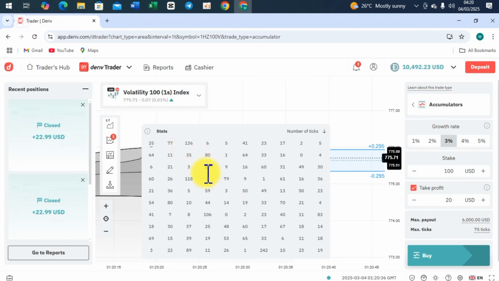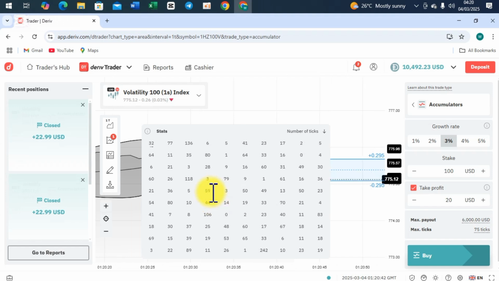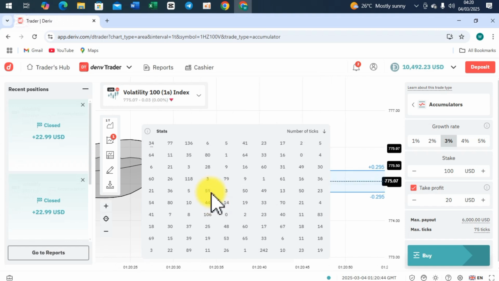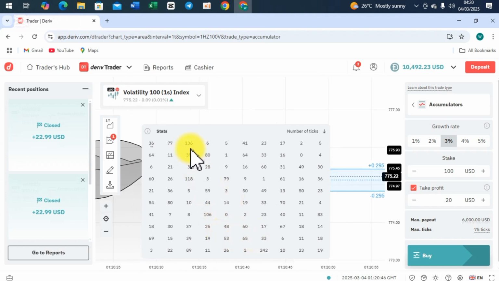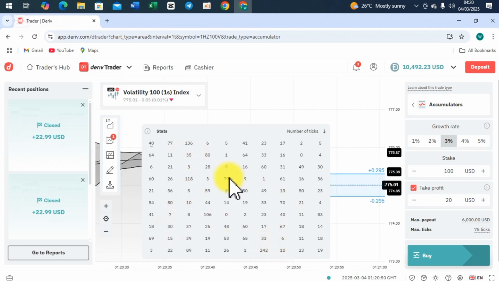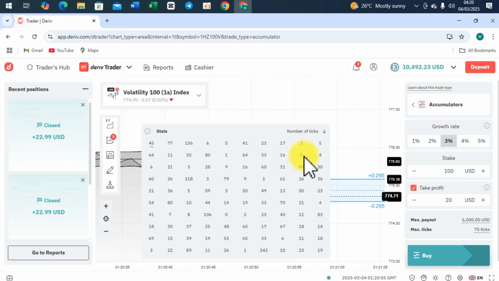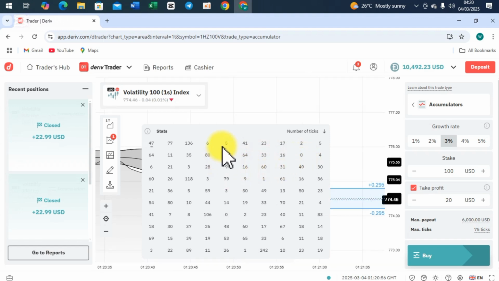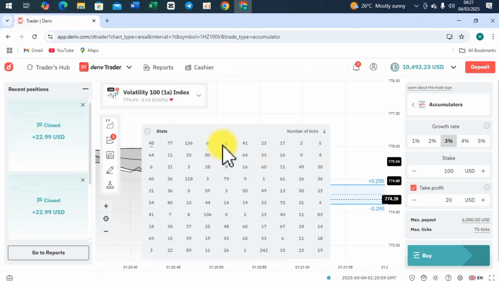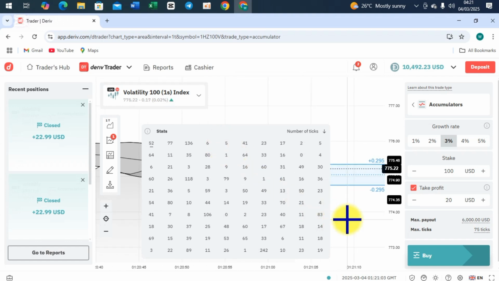And if I look at the trade with the highest ticks here, I can see that it is 136, if I'm not mistaken, right? And the lowest was 0. Okay, so we can take an average of around 20 ticks, and what I mean by around 20 ticks, let me first